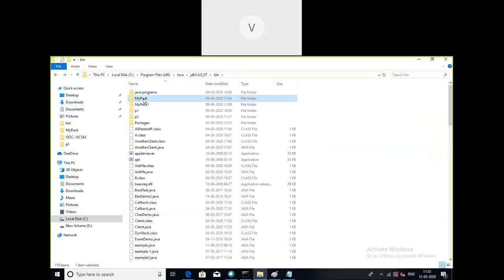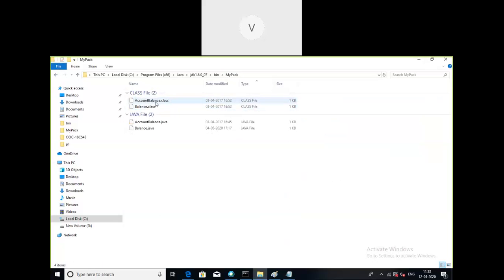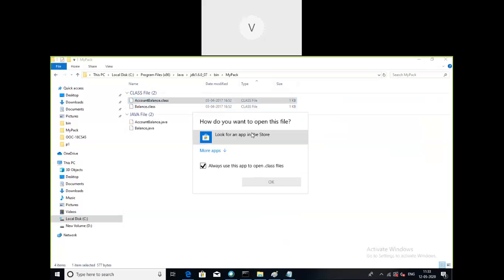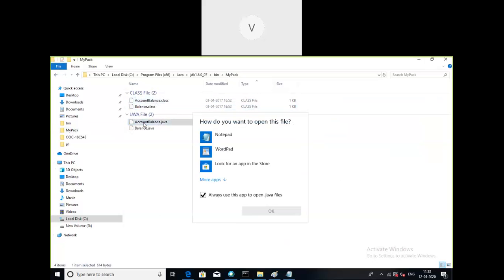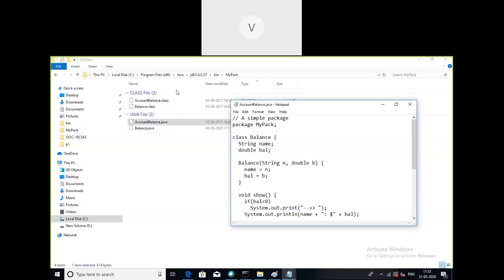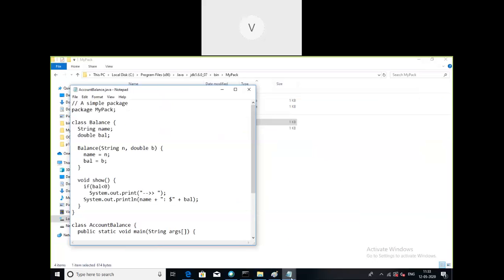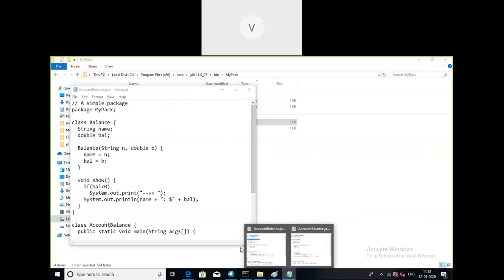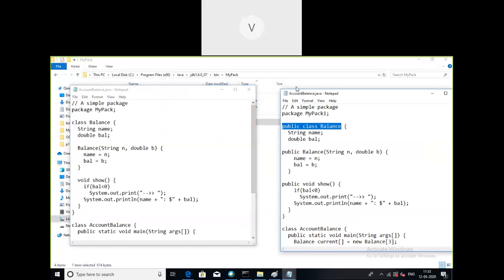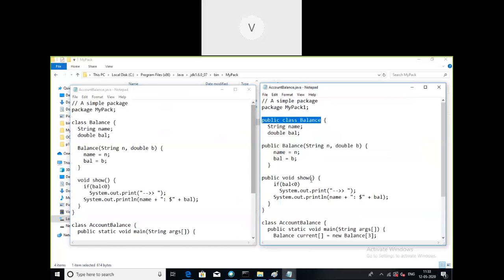But when I go to the actual mypack, I am opening that source file itself, AccountBalance.java. Now side by side, I'll compare these two files. Both are the same source file.